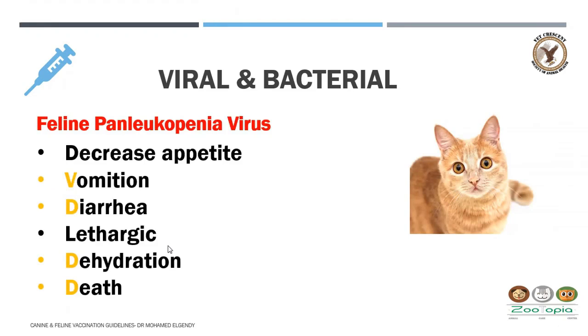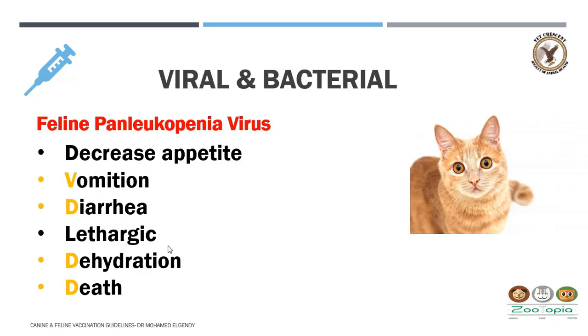The next one is feline leukopenia virus. This is really dangerous, one of the major killers of cats. The target of this virus is highly replicative cells. It targets the intestinal tract, attacking the cells of the intestinal tract and replicating in them, and it also attacks the bone marrow